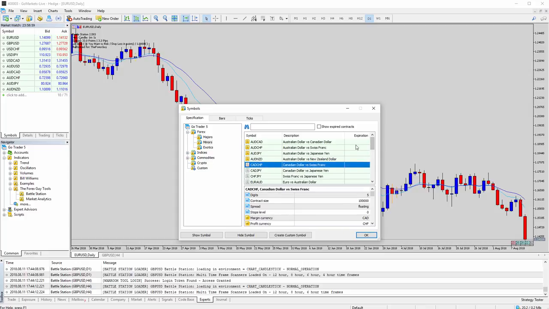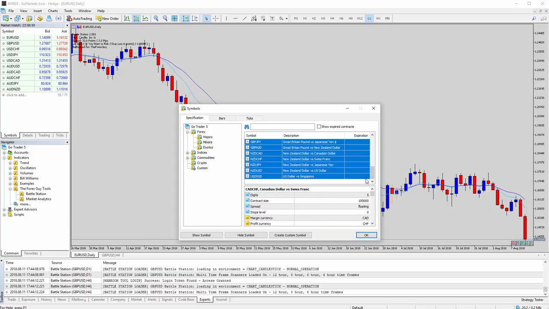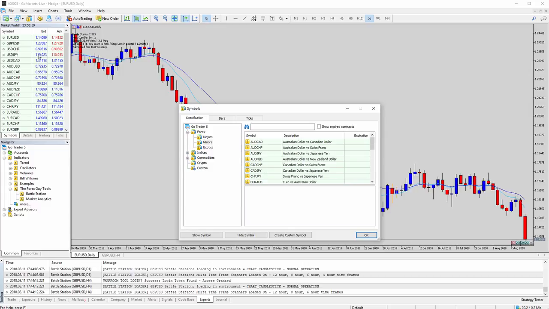Oh no, we can use the space bar. So let's select all, press the space bar. Beautiful. All right, so they're all selected. Now we're starting to get some in. Exotics. A lot of these markets I don't trade. Yeah, I'll leave these for now because I don't want to clutter up my list too much, but they're there